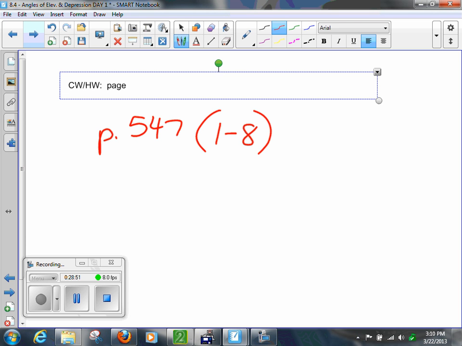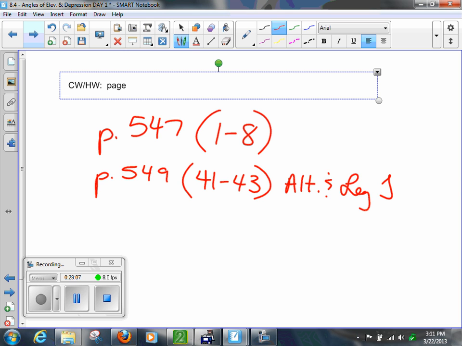And then, folks, on page 549, I want you to do 41 through 43. This is going over the altitude and the leg theorems. Suck it up, do